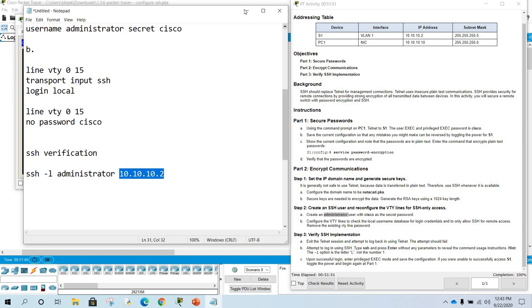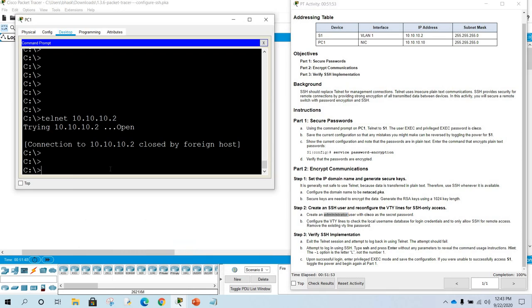So I'm going to give the same inside the switch. ssh space minus l, the username is administrator, I can paste it here, and the IP address is 10.10.10.2, the IP address of the switch.